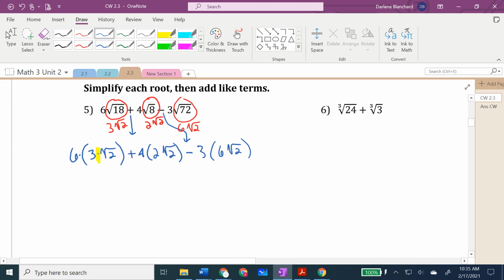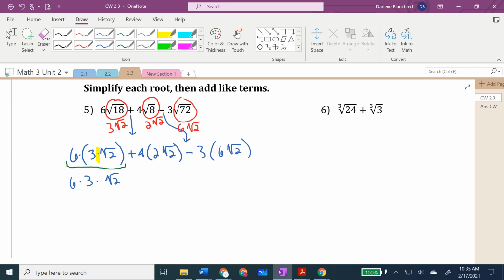It's very important that you realize that what's actually right here are 3 numbers that are multiplying. You have a 6 times a 3 times a square root 2. Anytime you have 3 numbers multiplying,